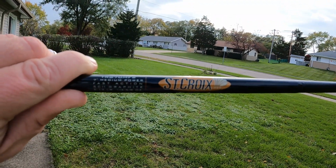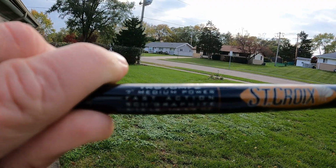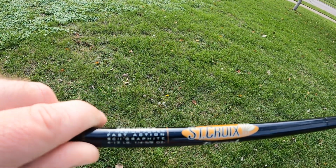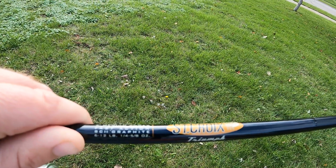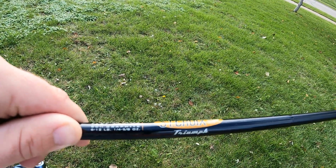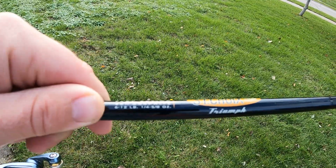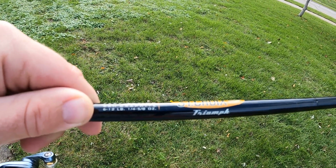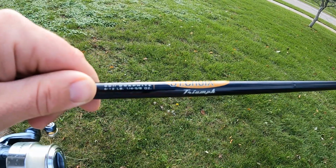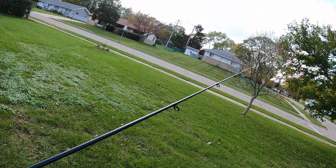And I can't really be blamed for buying a 2-piece rod after I tell you what I paid for this thing. So if I get a little bit closer here, you could probably see that it is a 7-foot fast action medium power rod. It is the SC2 graphite that's in there, and being a medium power rod, it takes 6 to 12 pound line, and lures that are made for this rod to be thrown more comfortably are anywhere between 1/4 ounce to 5/8 ounce. So not a small range by any means of what you can throw on this rod. Like I said, this is a 7-foot medium fast action